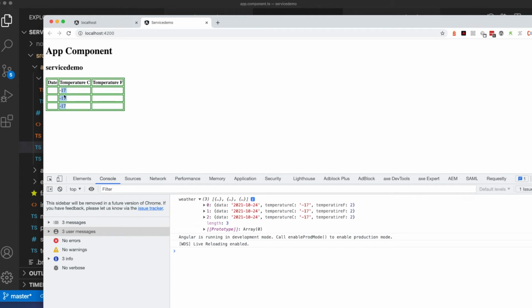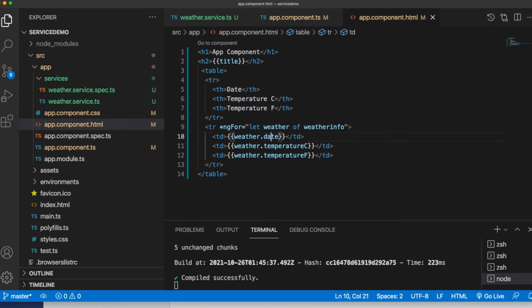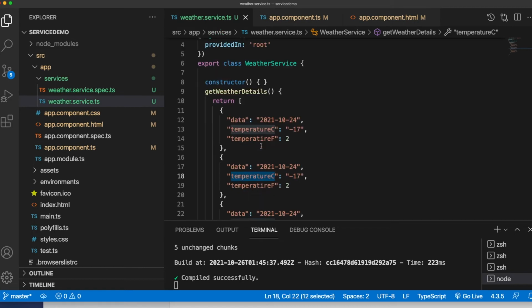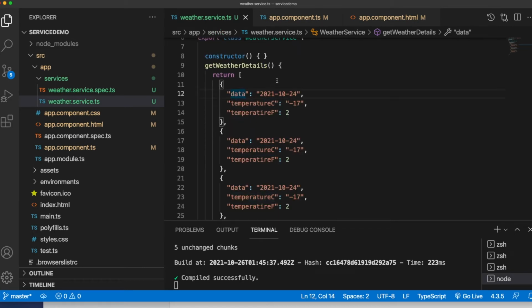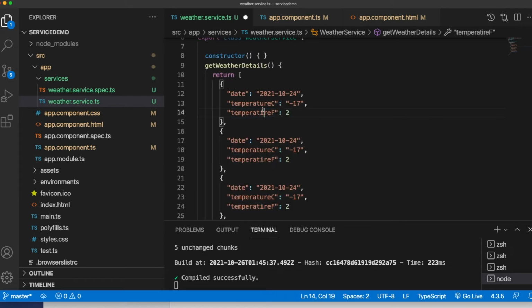Why? Because the properties are not matching here. As you can see, date and what we have in the service, we need to check. It's a data. That's the typo mistake, right? So we need to change it to date. And here there is a temperature typo, so I'll just change the data, temperature F, temperature F,